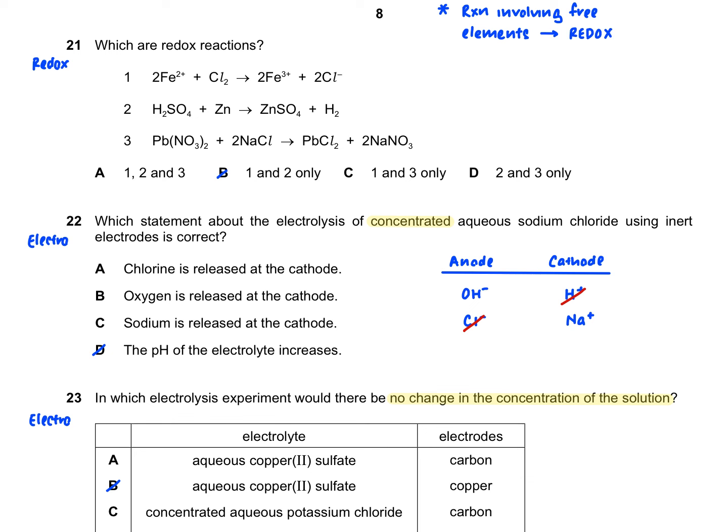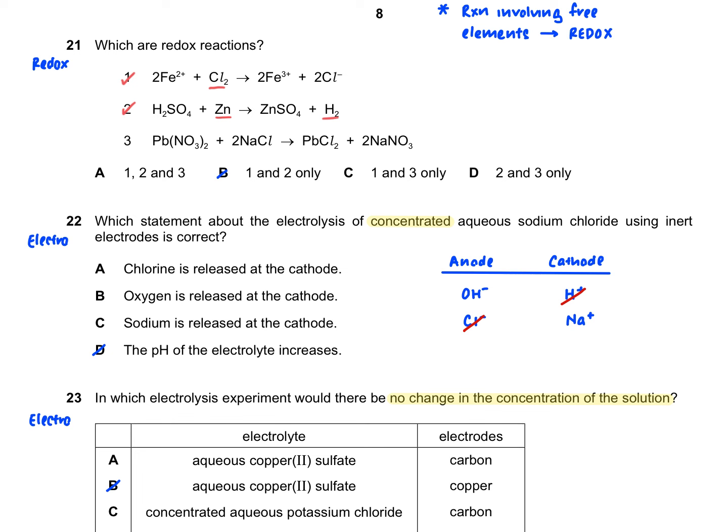For question 21, you are given a series of equations and asked which ones are redox. Now, one simple hack that you can use in the O-level syllabus is this, that whenever a reaction involves a free element, that reaction is likely to be redox. So if we take a look at the first equation, we have chlorine. Chlorine is a free element, so this is likely to be redox. If you look at equation 2, we have zinc and we have hydrogen. These are your free elements, so 2 would be redox as well. And for 3, you don't see any free elements. Okay, so chances are it's not